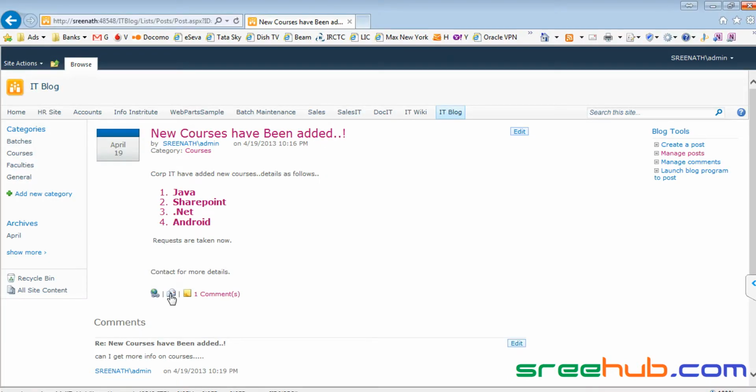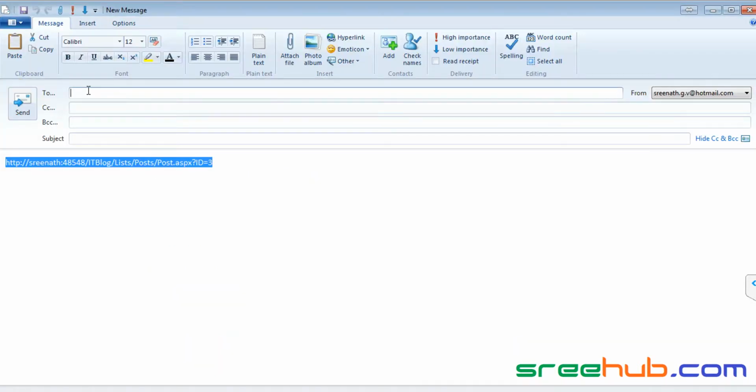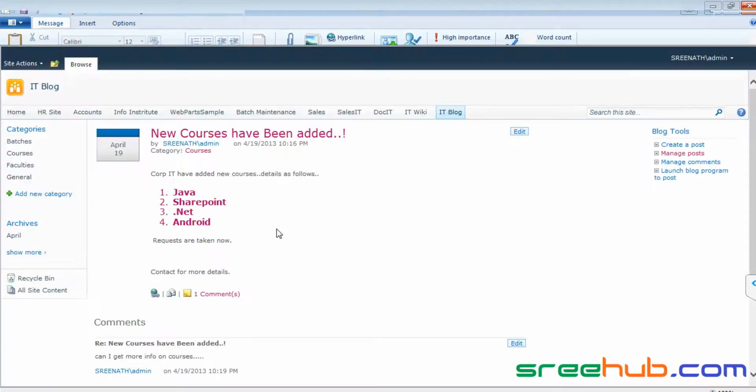In bigger companies, if you are using Outlook, your Outlook new email will open, right? So whenever you want to send this to anyone, you can just click on email post link. If you click on this, your email window will open to send a new mail. You can send it to anyone, fine. So that is how it goes.